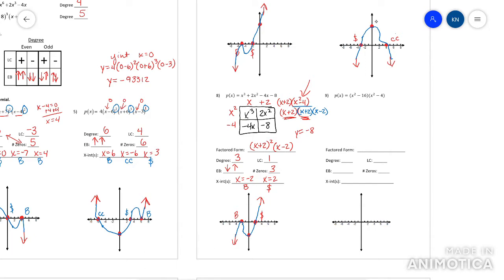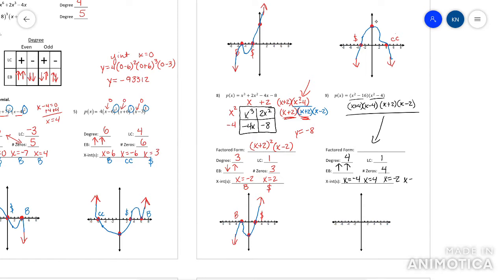All right, the next one. It's close to fully factored, but these are both difference of squares. So like this one's x plus 4, x minus 4. And then this one is x plus 2, x minus 2. So this right here would be my factored form. So it's degree 4. The lead coefficient's a +1. So it's a positive even, meaning up, up arrows. Number of zeros make it match degree 4. My x-intercepts are at -4, +4,